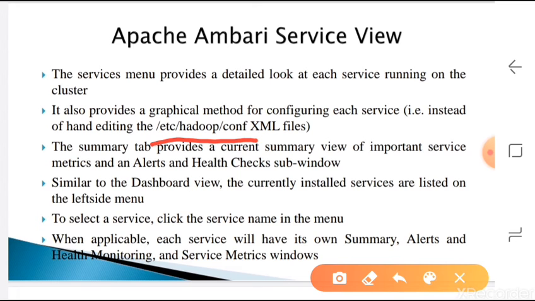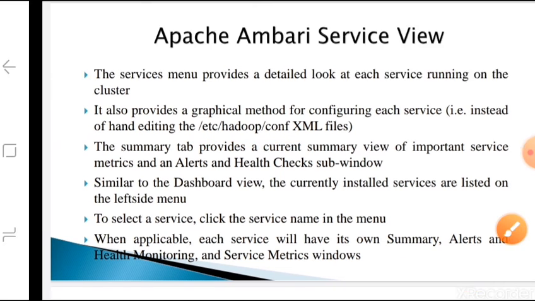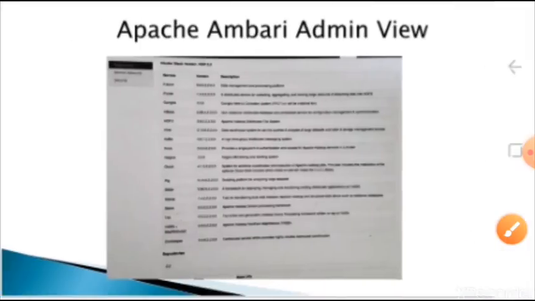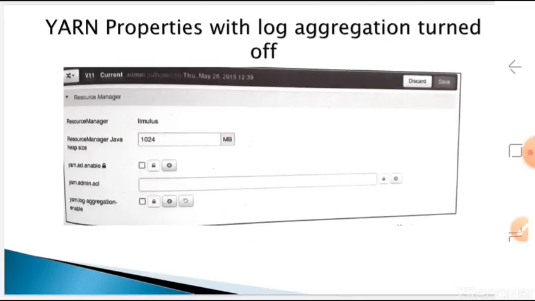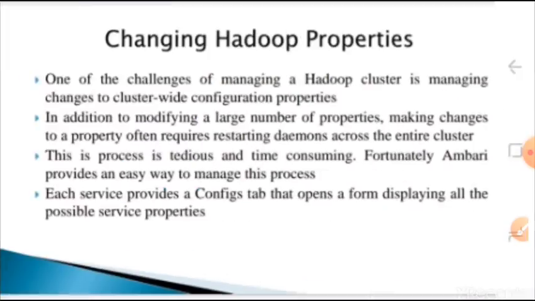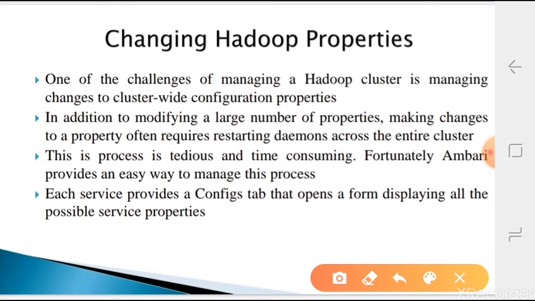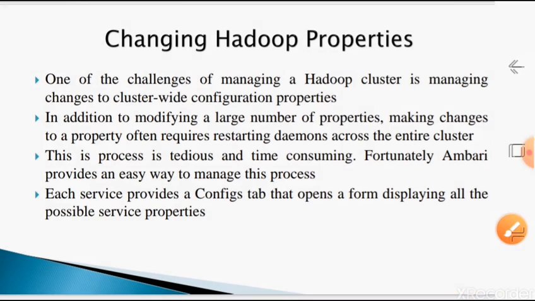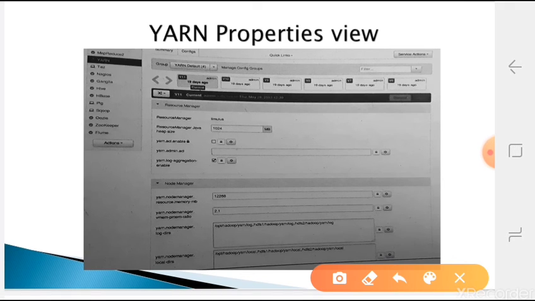In the configuration file, we used to modify it manually, then we had to restart it. Instead of this, now we can change it from the GUI. Whatever is there by default in that configuration file, it will save automatically. You just have to click wherever you want to change, modify the values, then save it. For example, in the YARN service, these things will all be listed.